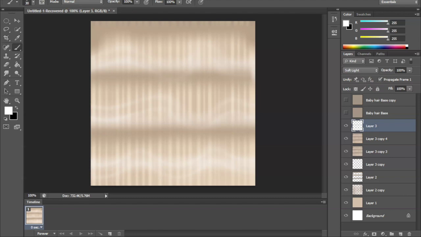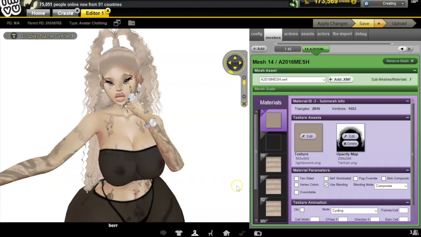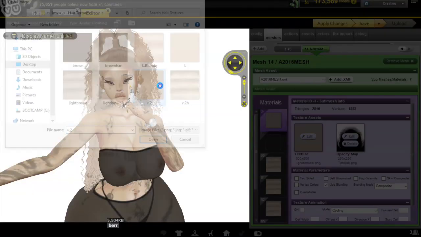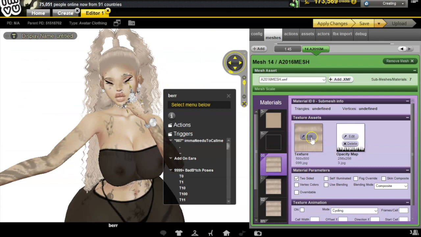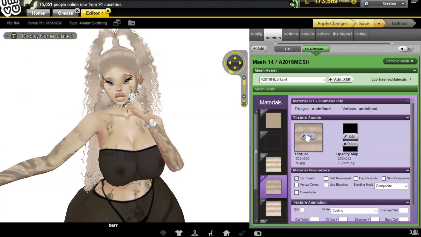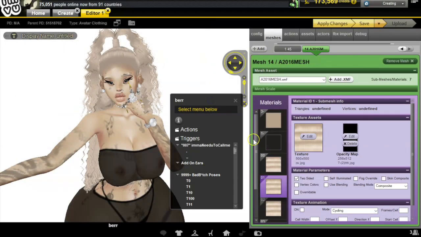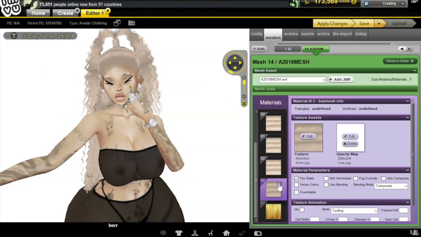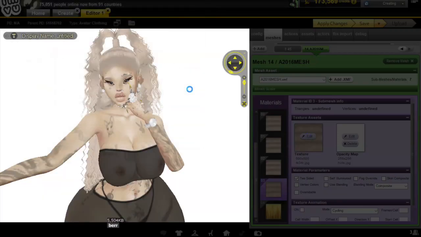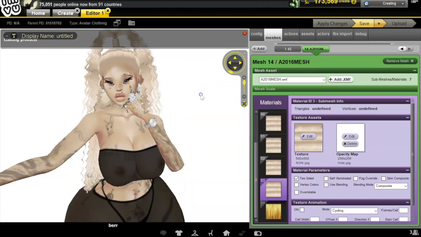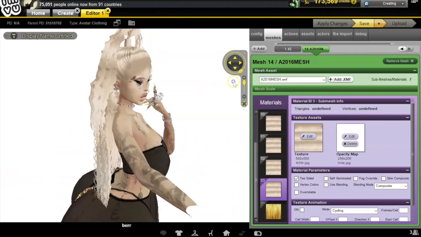I'm going to save it, which is already saved. I'm going to go back to line view. And I'm going to change, this is hard light, the base, and add on what I just did. And we're going to see how this blonde changes from dark, dirty blonde to light blonde. So there you have it, guys. That's how you make